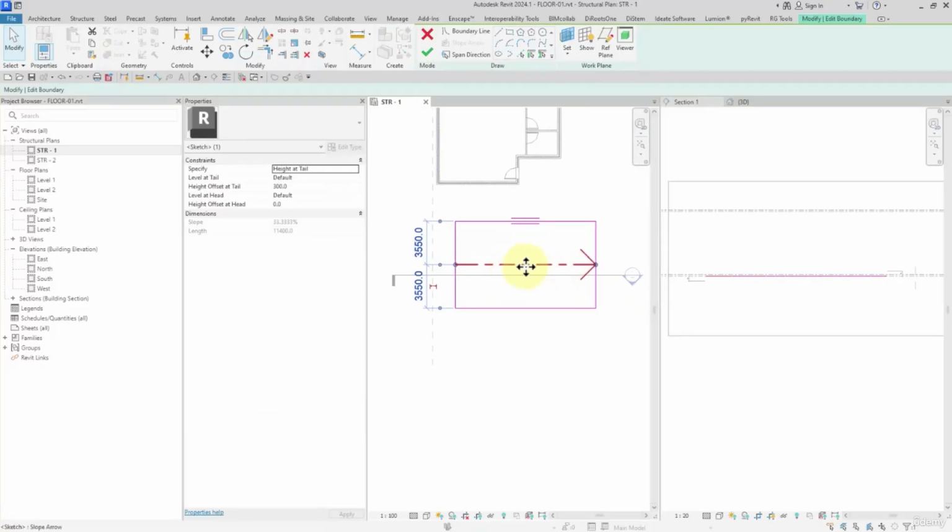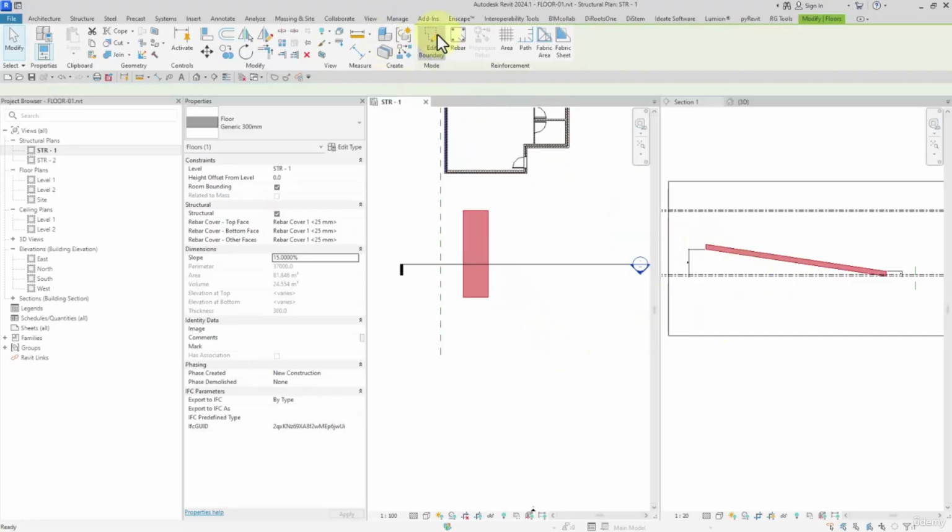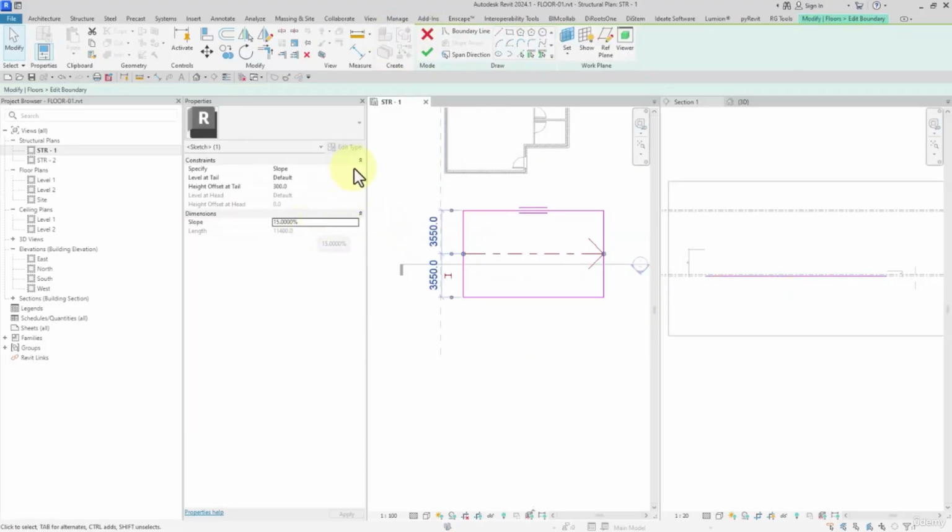Watch this, here we got some properties. The first one is specify. If I open the drop down list, first height at tail, or we can set it to slope. Watch this. We specify the slope in percentage, 15%, or we can set it to height at tail. For example, right now we have specified